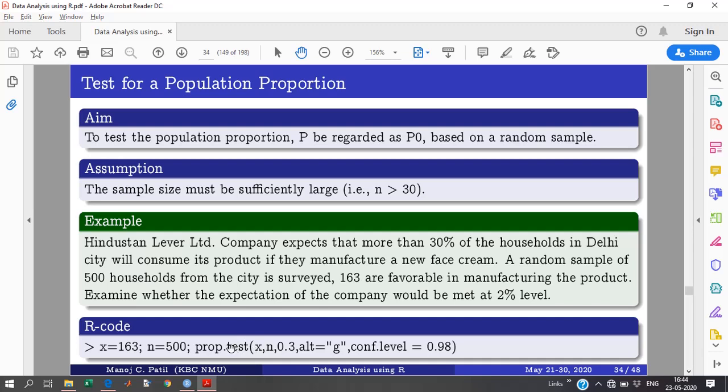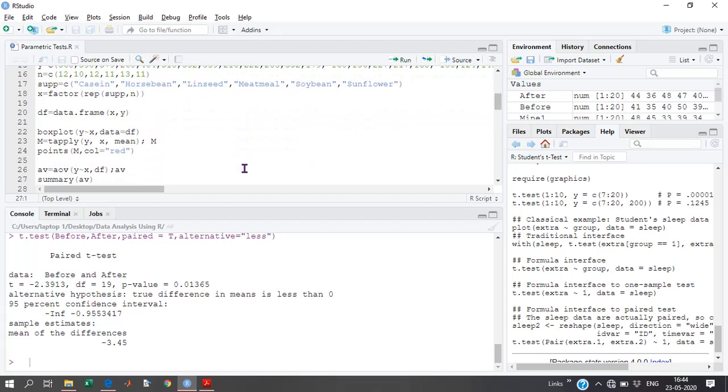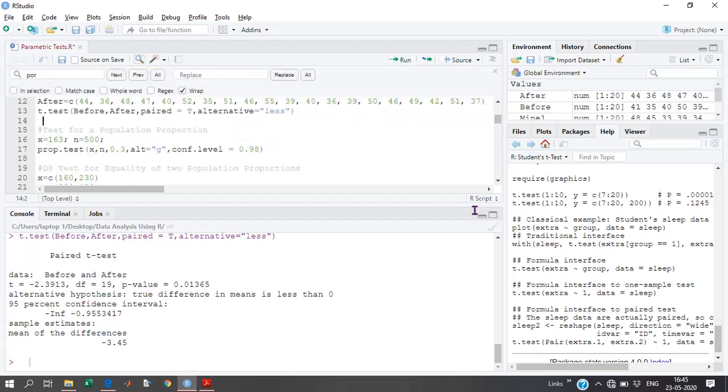Okay, let's move to the R code. Here x is equal to 163, n is equal to 500, prop.test, x, n, 0.3, alternative greater. You can write greater or g, it will not make much difference. R will understand it.